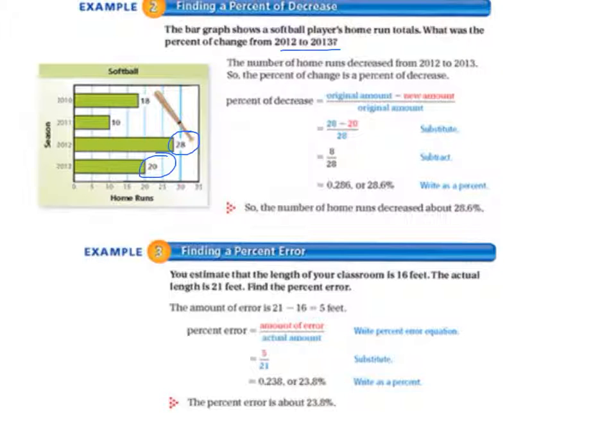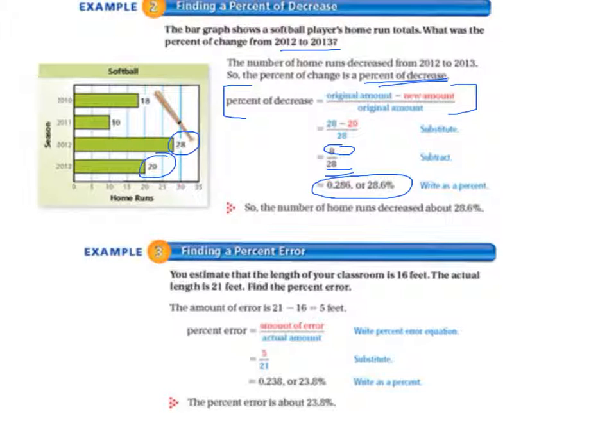So the percent of change is a percent of decrease. Remember to write your formula first and then substitute in the numbers. So 28 is the original amount because that's what he had in the first year, minus 20, that's the new amount, and then you divide by the original amount. So that's 28 again. So when you subtract, 28 minus 20 is 8, so that's on the top of your fraction, divided by 28, and when you do that division, you get